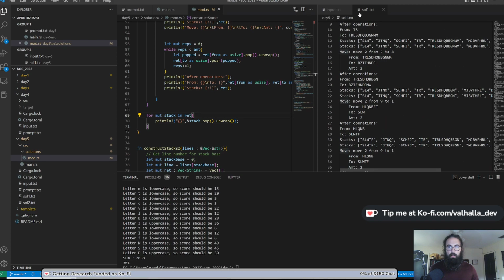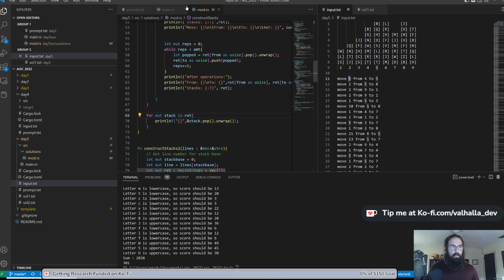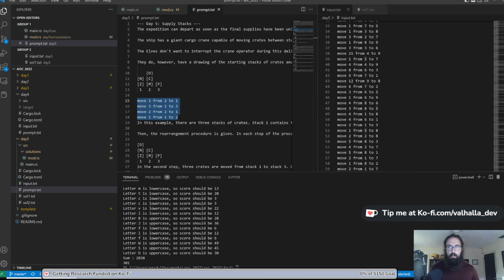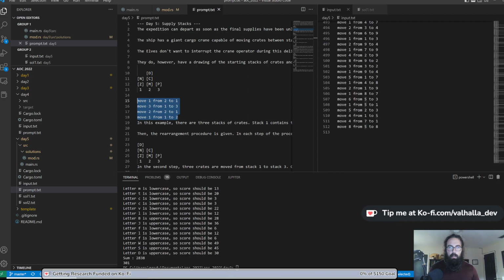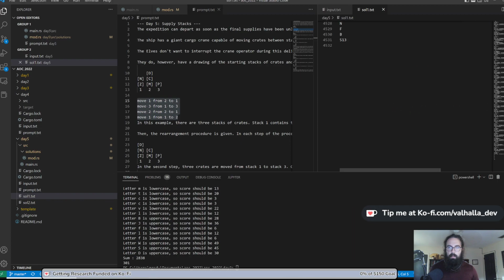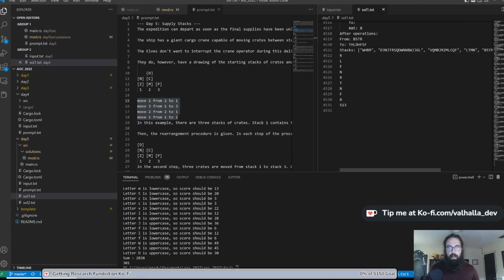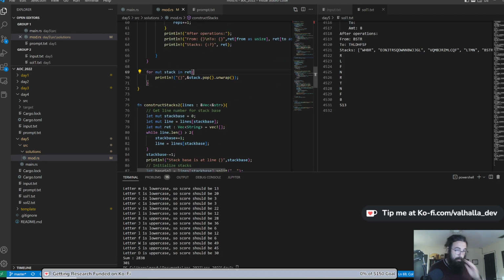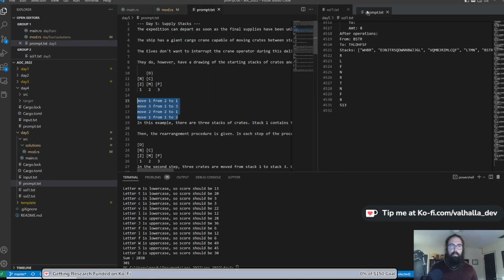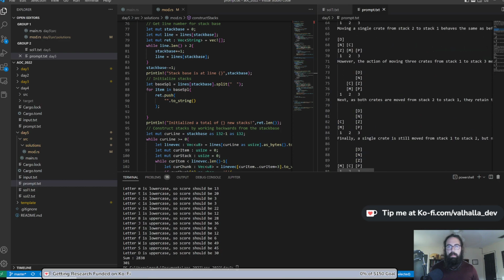If we go over to the prompt, I don't think it'll be in the prompt actually. It'll be at the end of solution 1. That's the input, sorry. At the end of solution 1, we'll get RLF, NRT, and FB, and that is the top of each of those stacks. Now, solution 2, or part 2, is essentially the same thing with an addition that makes it seem like